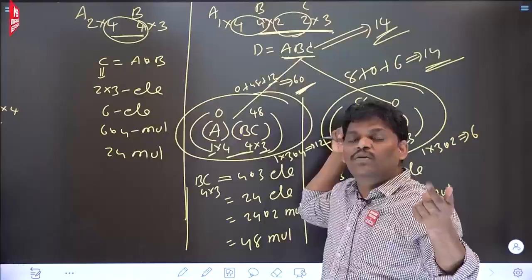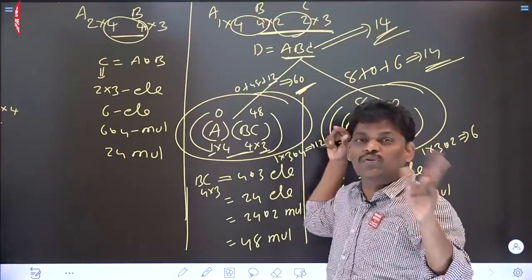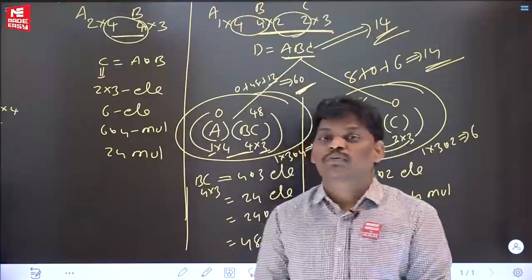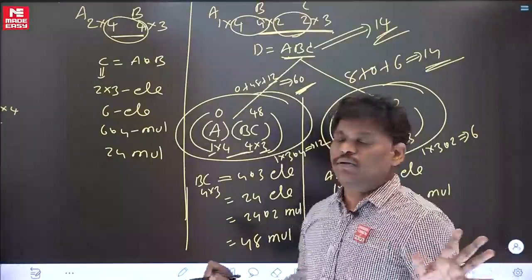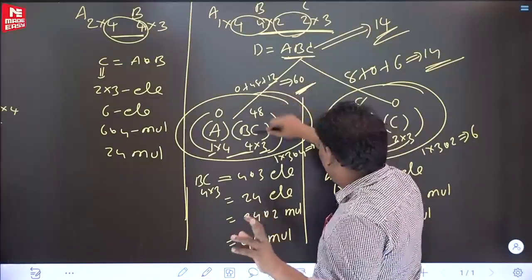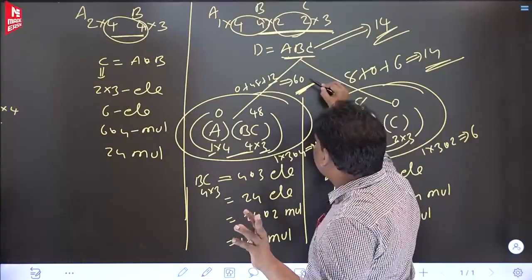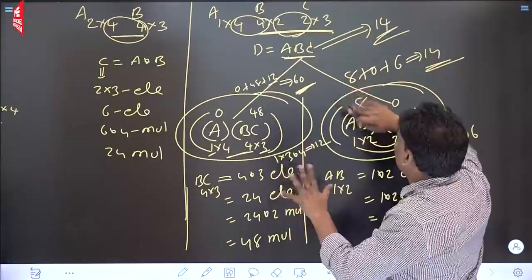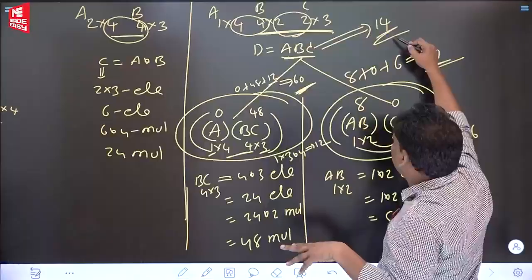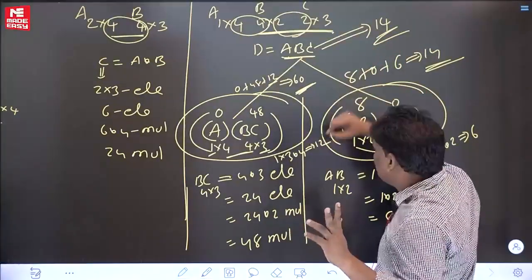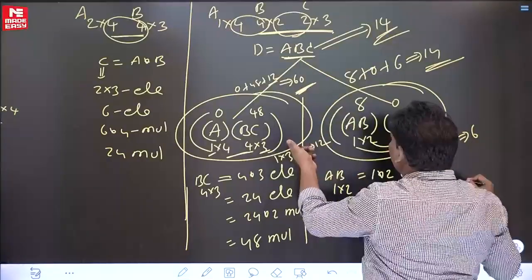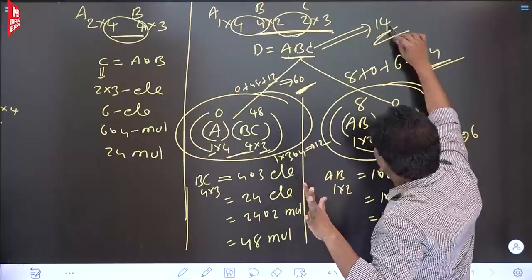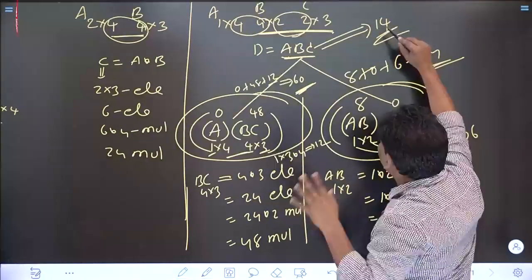The next question is going to be which way is better, which will take fewer multiplications. That will be our answer. So to multiply three matrices, we have two ways because of the associative property. First way is taking 60 multiplications, second one is taking 14. Best one is going to be 14. To this problem, the answer is 14. What is the meaning of answer is 14? When you are multiplying three matrices, because of the associative property, with more than one way, which is the best way? Which will take fewer multiplications, that is the best way. So second one is the best one. Answer is 14 because 14 multiplications are enough.